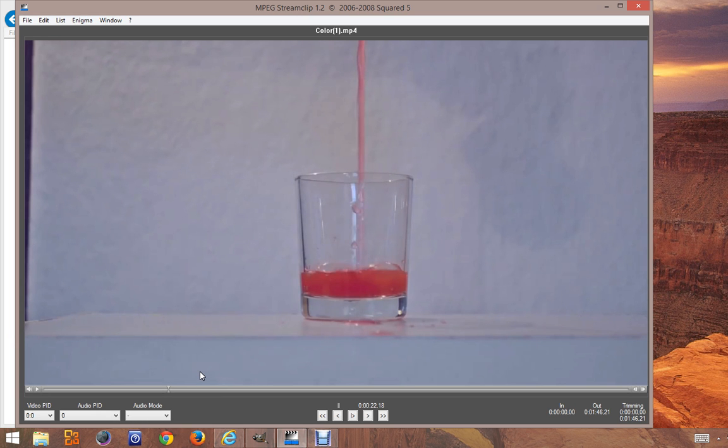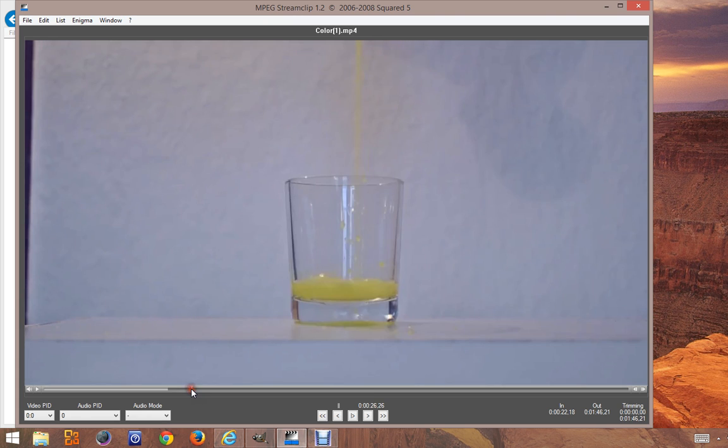Press the I on your keyboard, and you need an out too. That means that between the in and the out, they will make images from this part of the video.